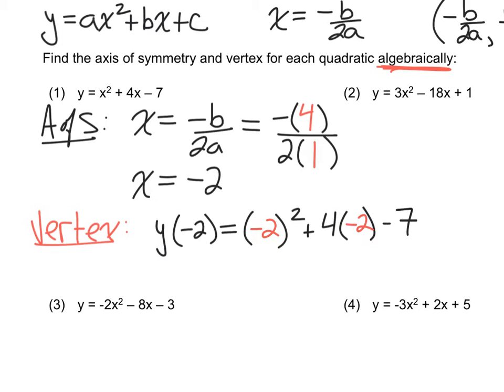All right, so plugging and chugging away. Negative 2 squared is what? 4. 4 times negative 2, that's easy, right? Negative 8 minus 7. 4 minus 8 minus 7. Negative